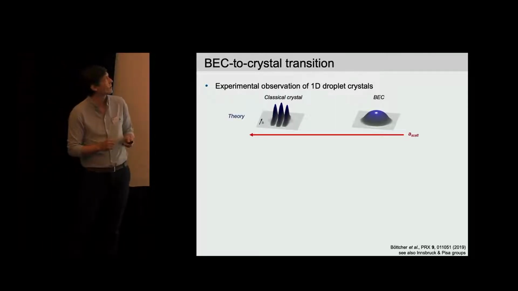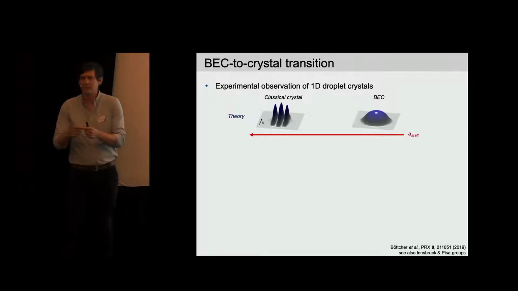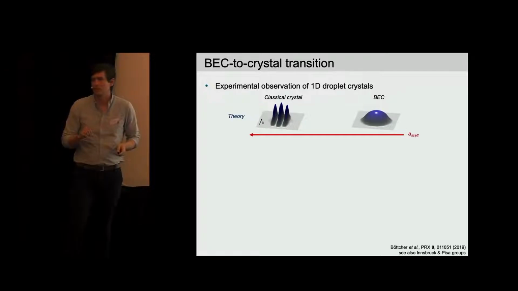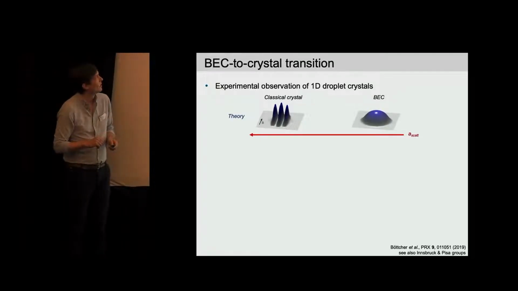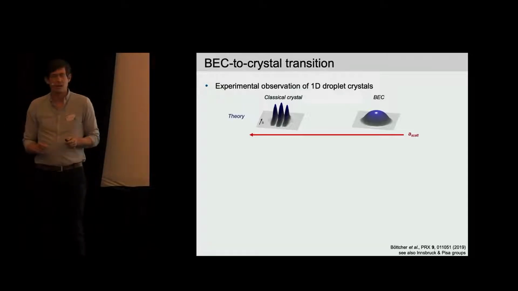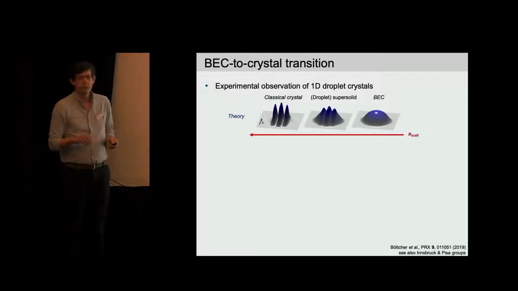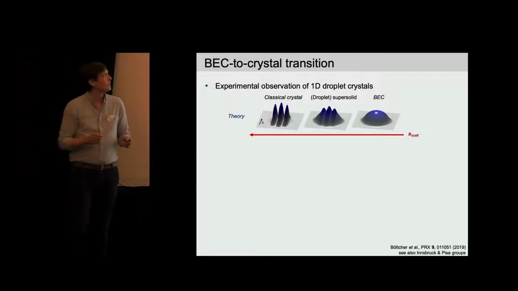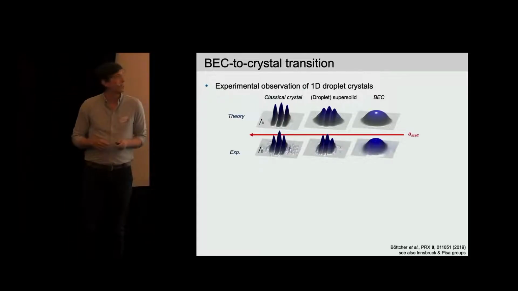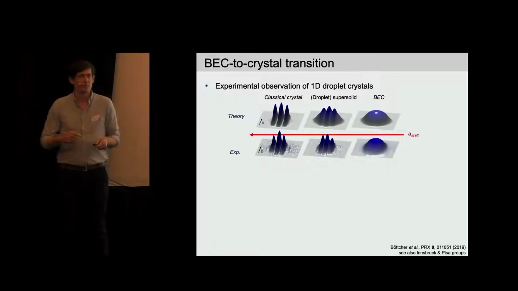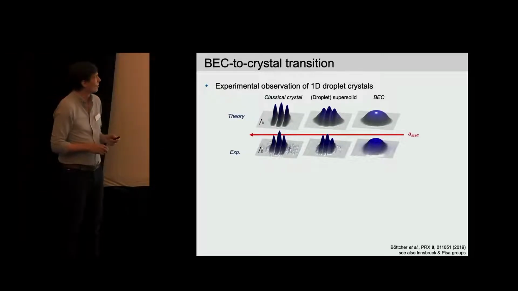This is still a theory calculation here, and we like to do these experiments in elongated geometries where we get this 1D line of crystal sites. This will become obvious in a second, why this is favorable. And then it turns out there's a very small parameter range in between where you actually get something that still has this superfluid background of a BEC, and on top of it there is a modulation that forms a crystal. In an experiment, we can just take pictures of this. You see this agrees fairly well. You can also map out phase diagrams, and it basically agrees with all the theory that we know.